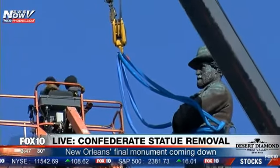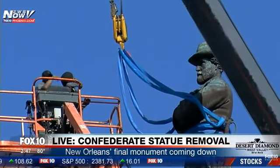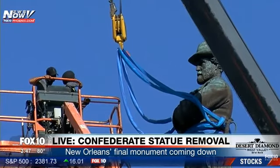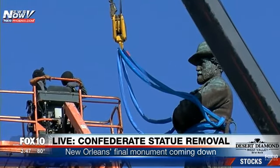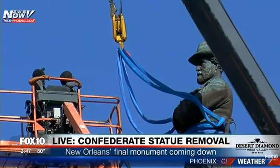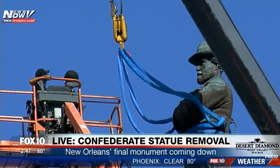Now, as you see, workers tied ropes around this towering statue of General Lee, preparing to take down the last of New Orleans' 4 Confederate monuments on Friday, as hundreds gawked and some danced in the